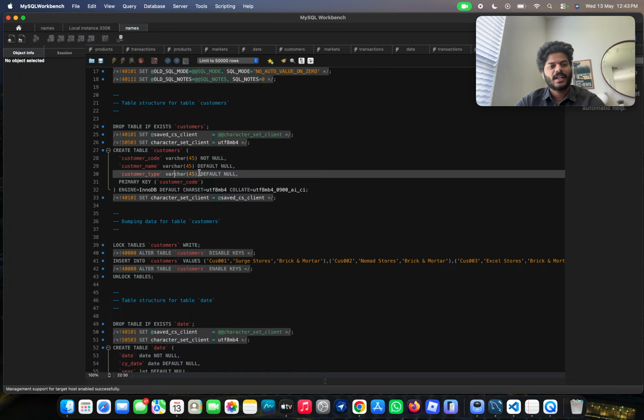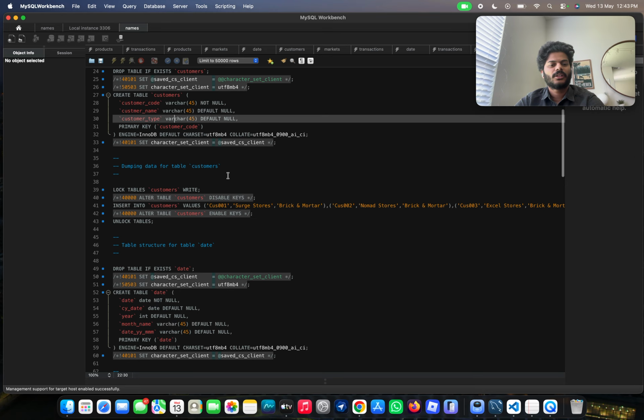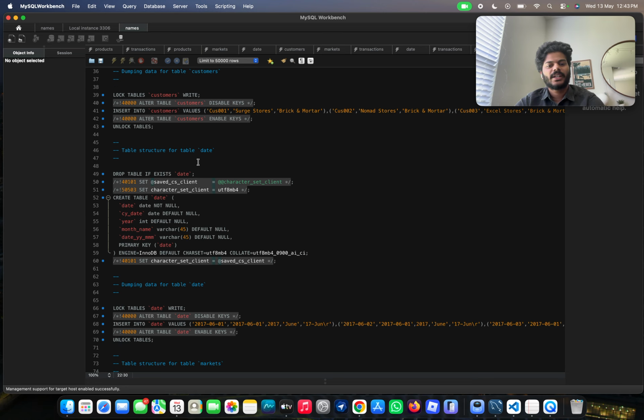The customer type classifies the customer into whether it is a brick and mortar company, or whether the customer is from e-commerce or something like that. This segmentation was later used for business analytics to compare the revenue contribution between offline and online customers. Moving on to the date dimension table, instead of repeatedly extracting date components from transactional data during the queries,